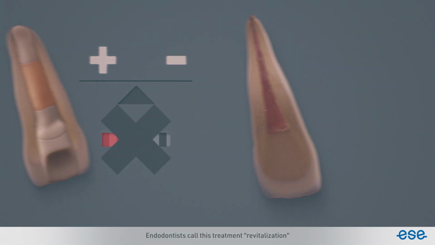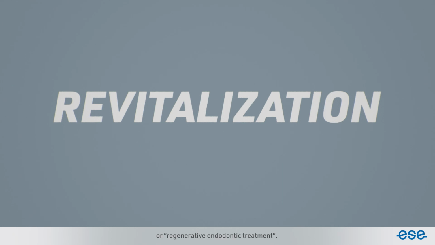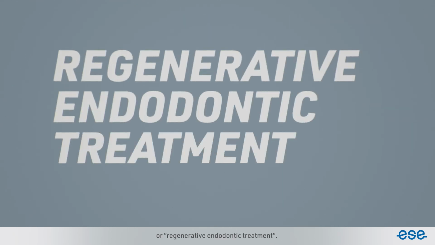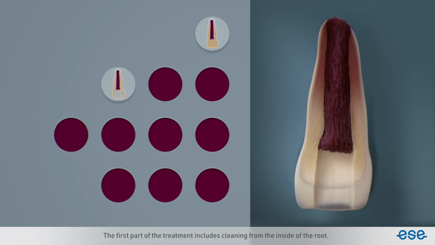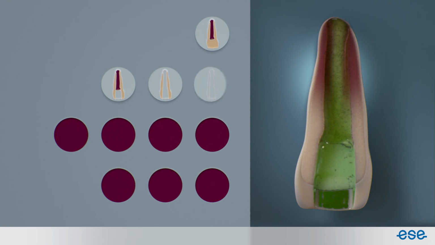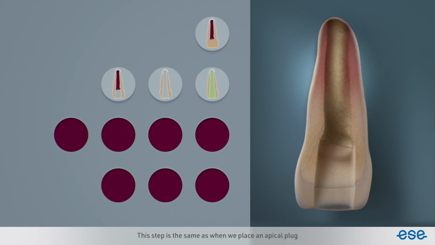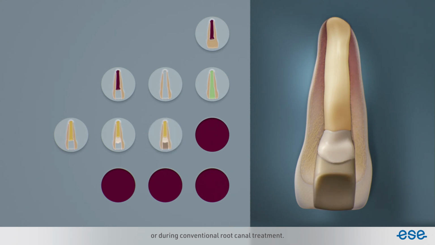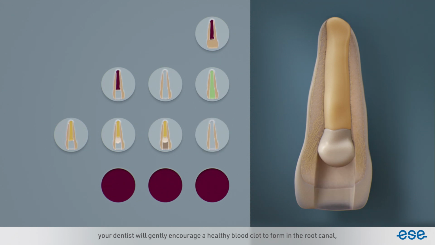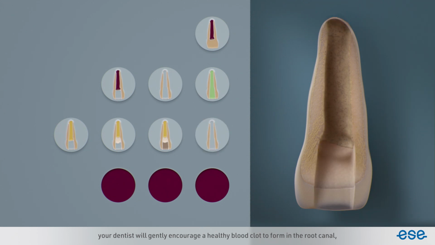Endodontists call this treatment revitalization or regenerative endodontic treatment. Like the apical plug, it is indicated in immature teeth with dead pulps. The first part of the treatment includes cleaning from the inside of the root. This step is the same as when we place an apical plug or during conventional root canal treatment. Once the inflammation has subsided, your dentist will gently encourage a healthy blood clot to form in the root canal,